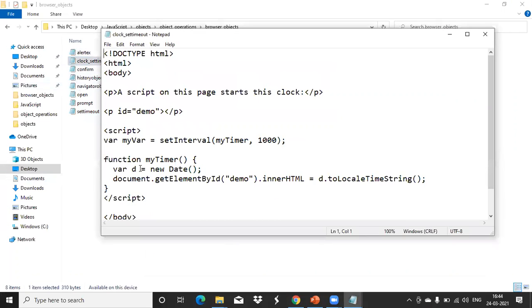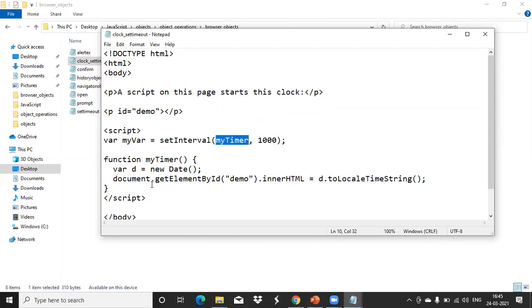See, we have used here document.getElementById, by ID only we are using. The paragraph is what it will show you. Now here, setInterval is used. Like setTimeout, we have this setInterval function. In that we are calling this function, myTimer, comma, what is the value we specified? 1000 milliseconds. That means every second we want to change something. So that is the setInterval we have specified there.